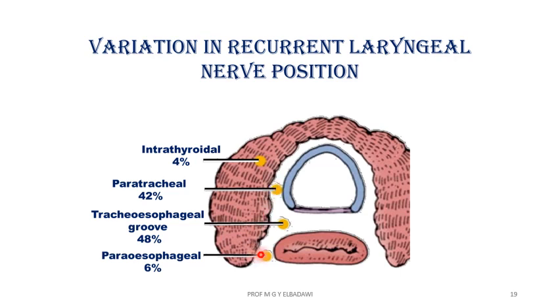The last, which is the paraesophageal position in 6%, might be also within the capsule, but it's more likely to be in the position of the paratracheal within the capsule. These are the variations of the relations of the recurrent laryngeal nerve in relation to the thyroid gland, the lateral loop. So these 2 variations, the relation with the inferior thyroid artery and in relation with the gland and its capsule, are things to be remembered during operations on the thyroid gland.